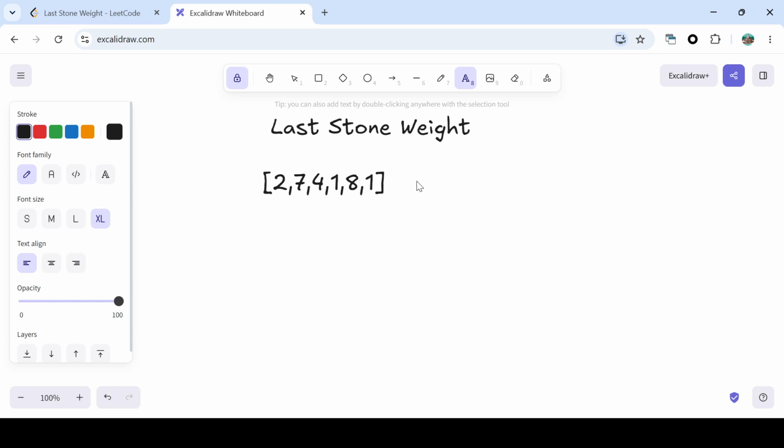Today we are going to discuss the Last Stone Weight problem. Here we are given stones in an array and we have to find the last stone weight. And the condition is that